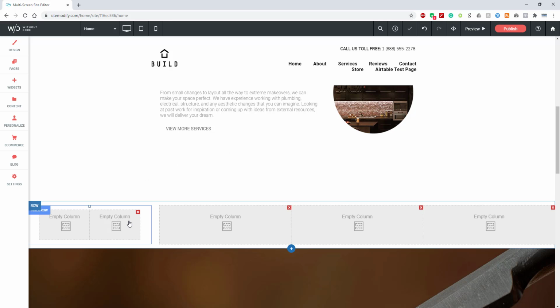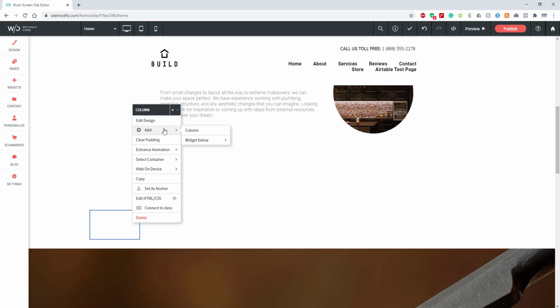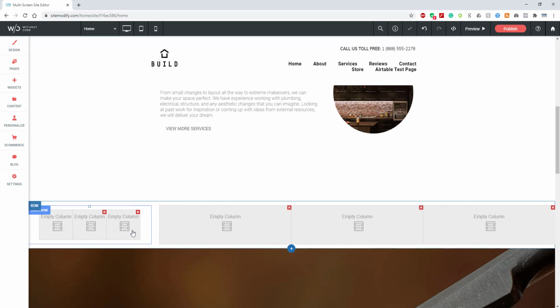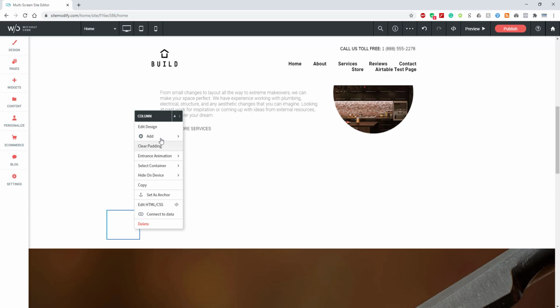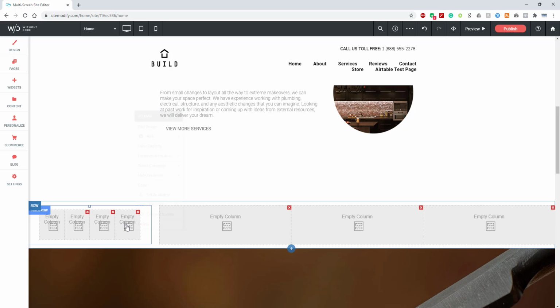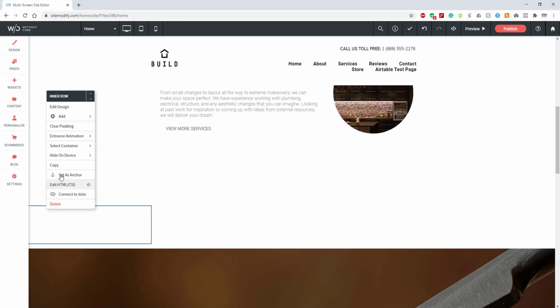Now we have an inner row with 2 empty columns, and now here we'll right click in one of those empty columns. We'll go to add column. Now we have 3 columns, and we'll do that 1 more time, and now we have 4 empty columns within the inner row itself. So now all we have to do is go ahead and copy this inner row,